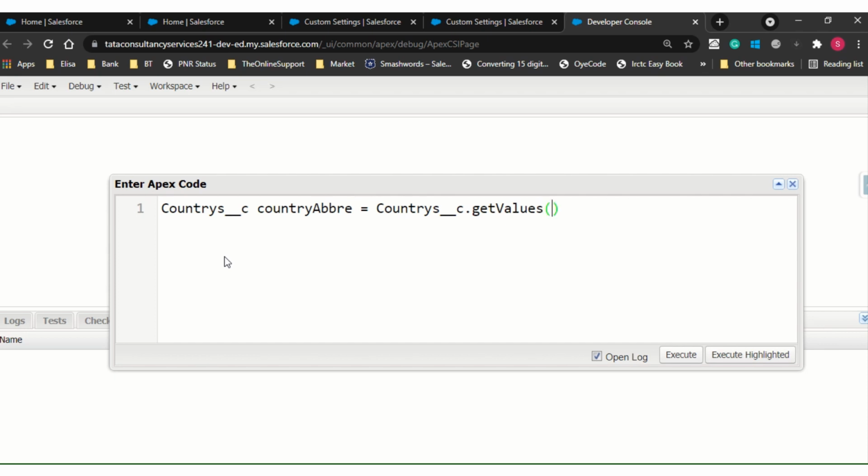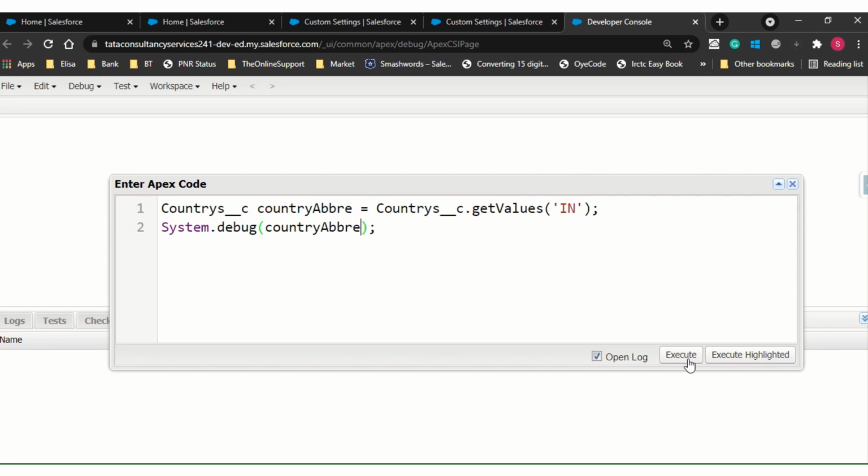Okay, so I'm passing IN here. Now I will put System.debug. Now this is my name field, right? IN is my name field, and we have created only one other field.